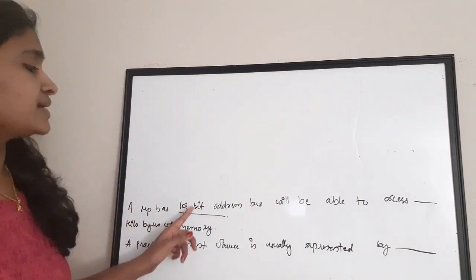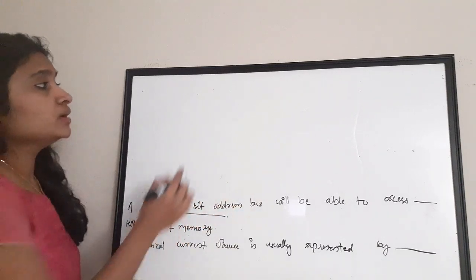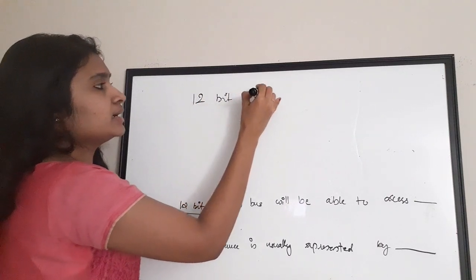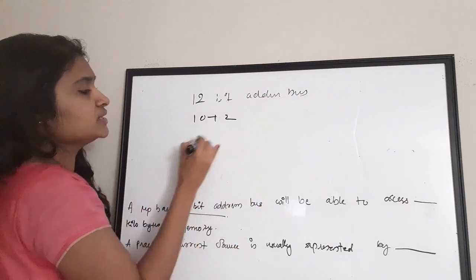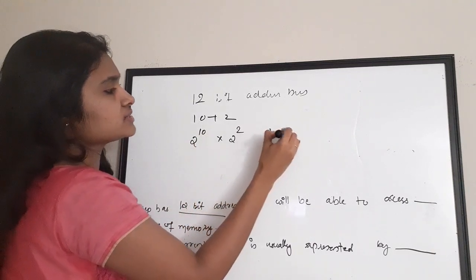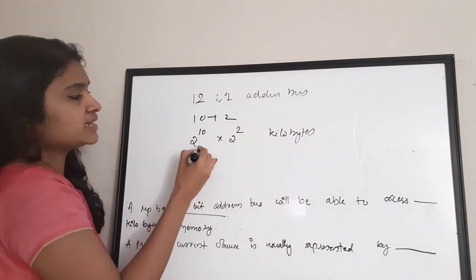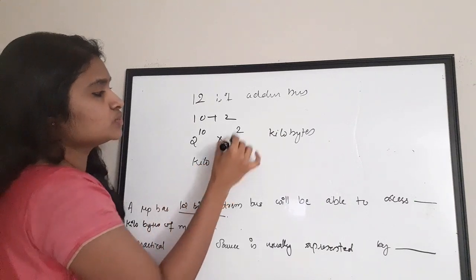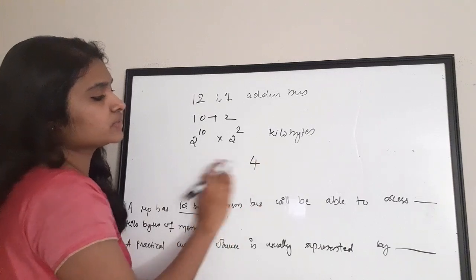A microprocessor that has a 12-bit address bus will be able to access dash kilobytes of memory. Okay, so how to solve it? It is a 12-bit address bus. You can split this 12 as 10 plus 2. That is 2 raised to 10 into 2 raised to 2 kilobytes. This much of memory it can access. 2 raised to 10 is called kilo in the binary number system, into 2 raised to 2 is 4. Okay, so you can write it as 4